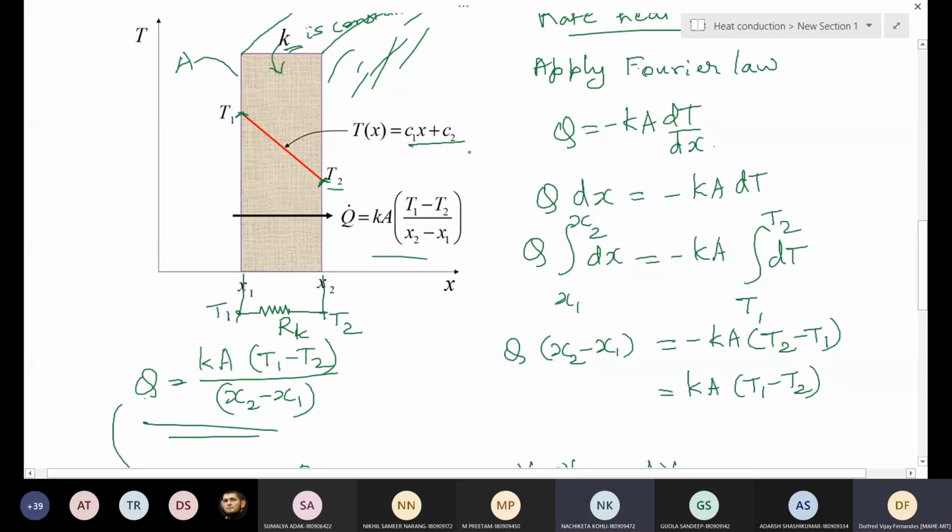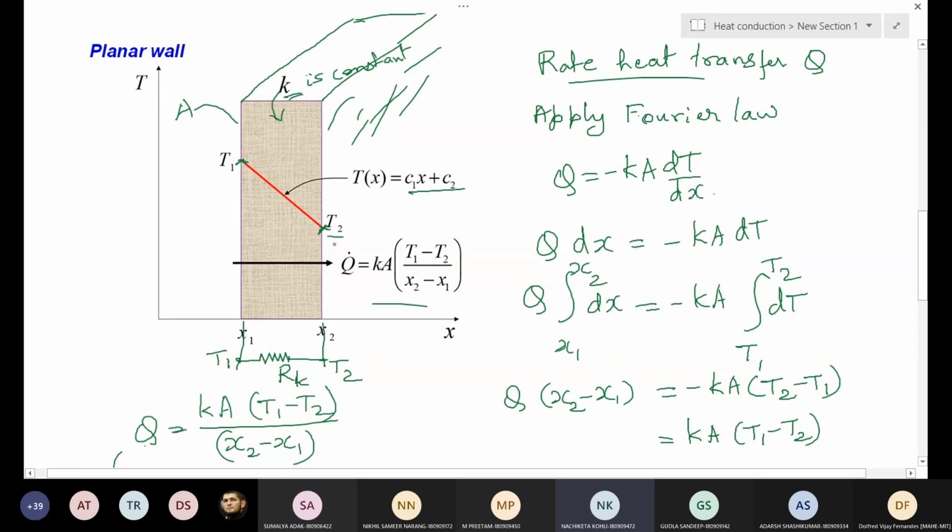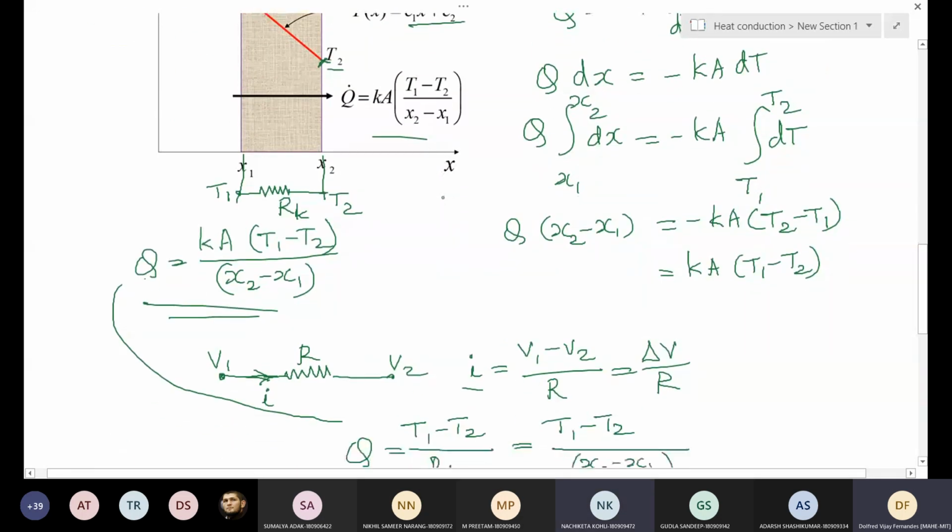I was asking because you have drawn the wall in the diagram. There is no physical significance in that diagram of that temperature profile, that slant line. I have shown you the axis here. You can see that the vertical axis is the temperature axis. Maybe you didn't notice this. So it's actually an overlapping of the temperature profile and the wall.